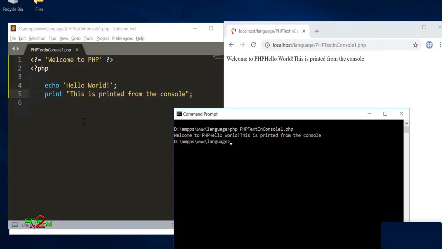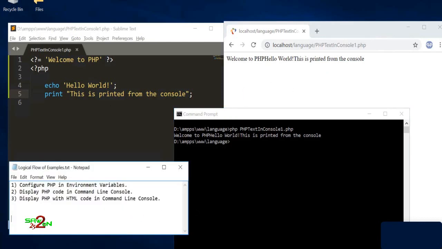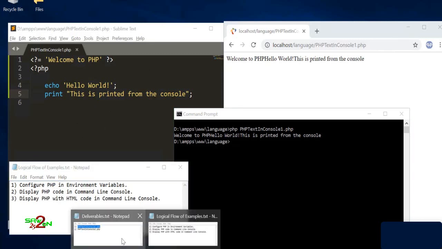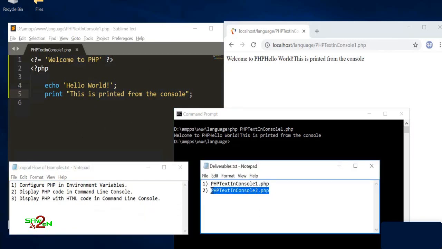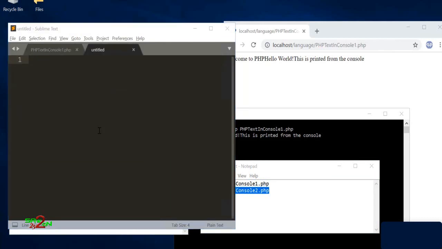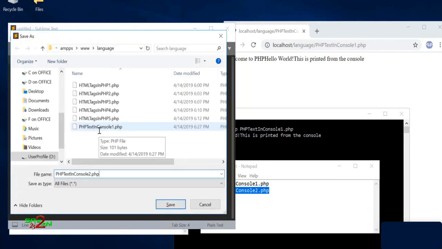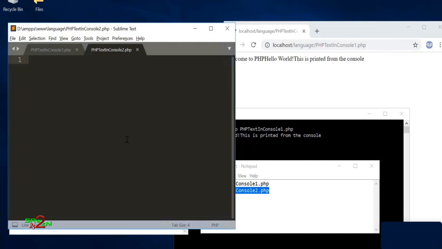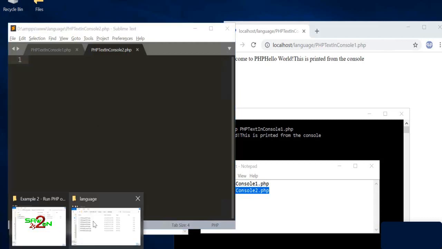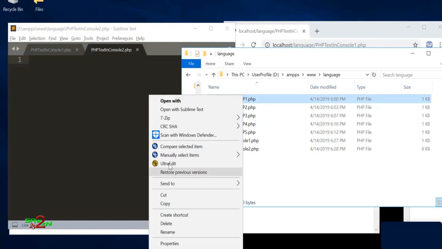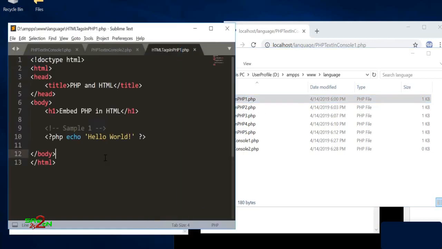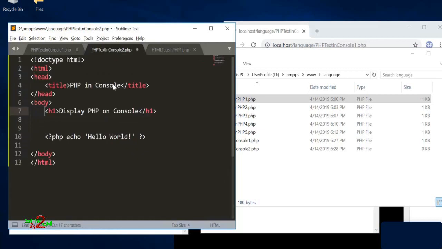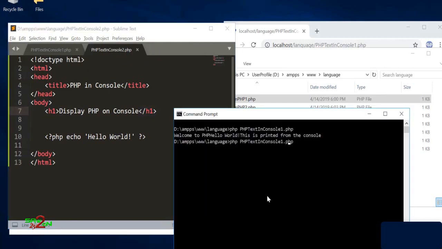This doesn't have HTML, so in the next exercise we are going to do it with HTML. Okay, so let's quickly create that. I'm using Control N and Control S to save the file. Just to save time, we're going to copy over the code from this one. I'll leave the hello world as it is. So let's verify how to run this and how the HTML will look on the console. Okay, this time I'll say 2,